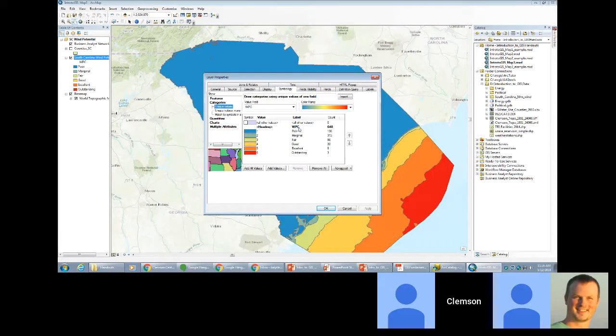And then there's this WPC. That's the name of that field. But if I want to give this to somebody and have them understand right away what I'm talking about, I'm going to change this label as well. So WPC, I'm going to type out the words wind power class. And then click apply. So now I've got a nice looking